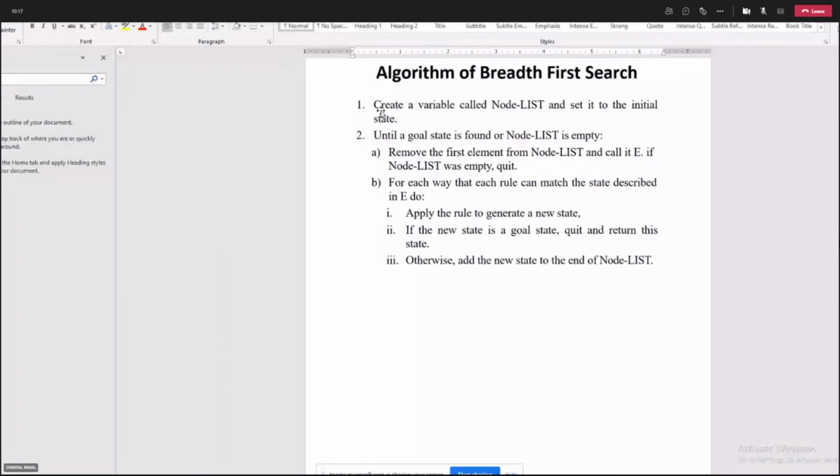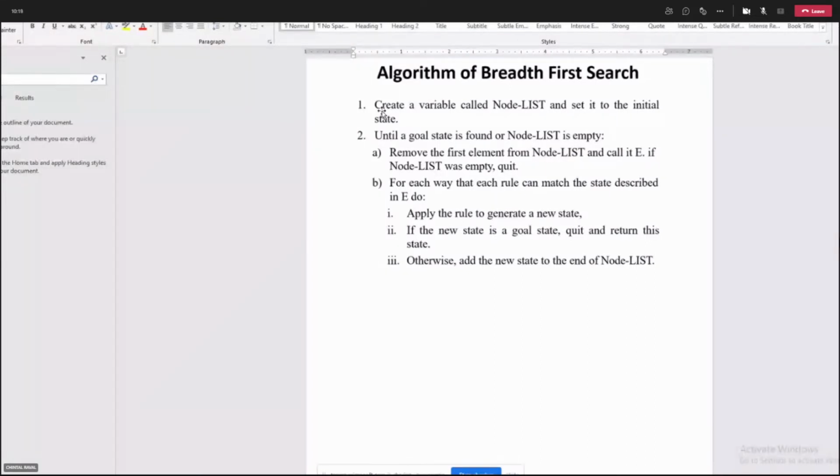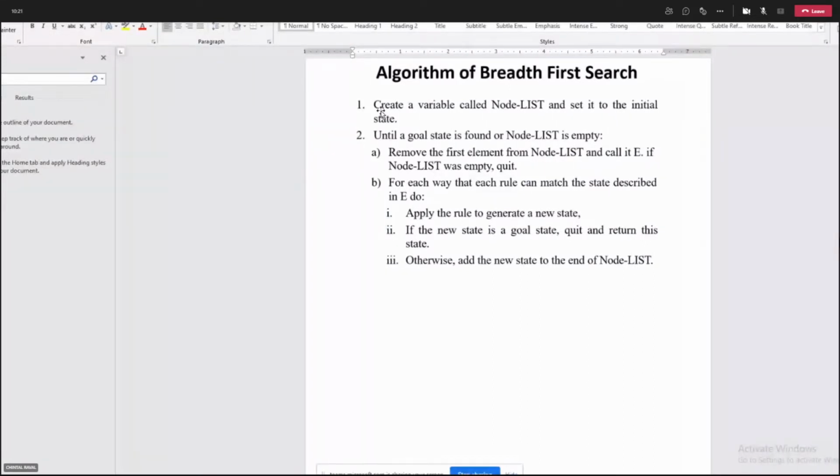Now we are entering the loop. Remove the first element from the node list and call it E. So I am explaining the first step of the algorithm.